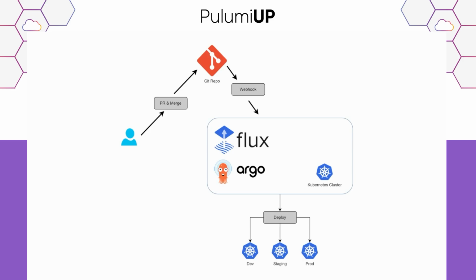And it does this on a continuous loop so that it's always comparing what's in Git to what's actually deployed in the Kubernetes cluster to deal with things like drift and so on. And it means that now people aren't manually deploying things, people aren't running things directly against the cluster themselves. The whole process of making changes to your infrastructure is to make a change in the Git repo, either add